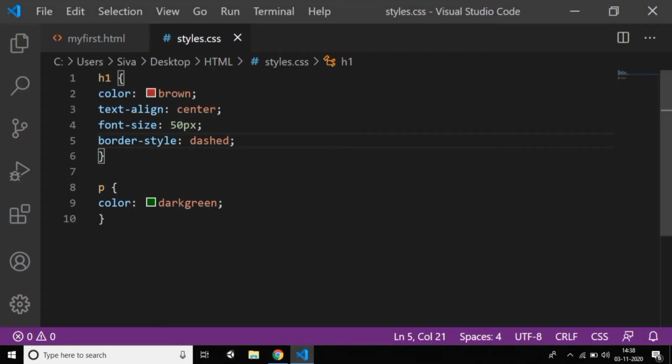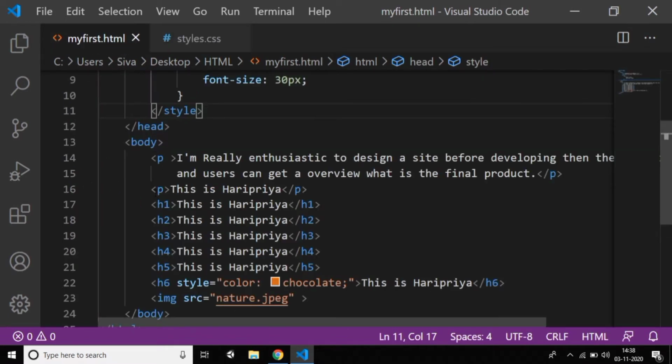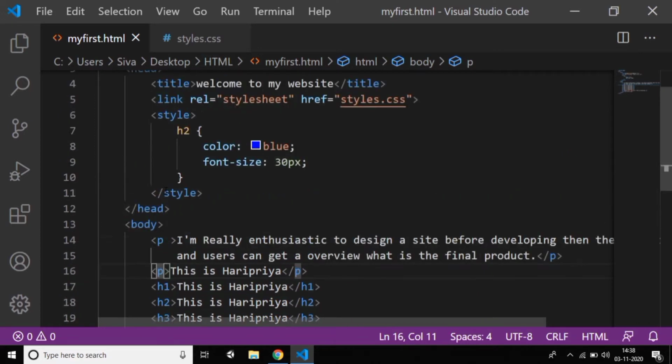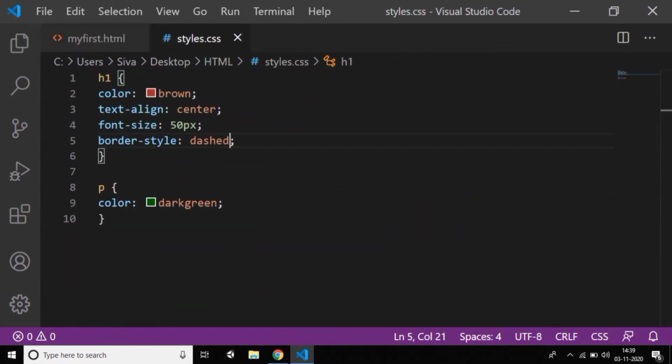We have a property called border-style. If you want the same for a p tag, I can use internal CSS, or you can write the same thing in external CSS also. Is it possible or not? We can see that.